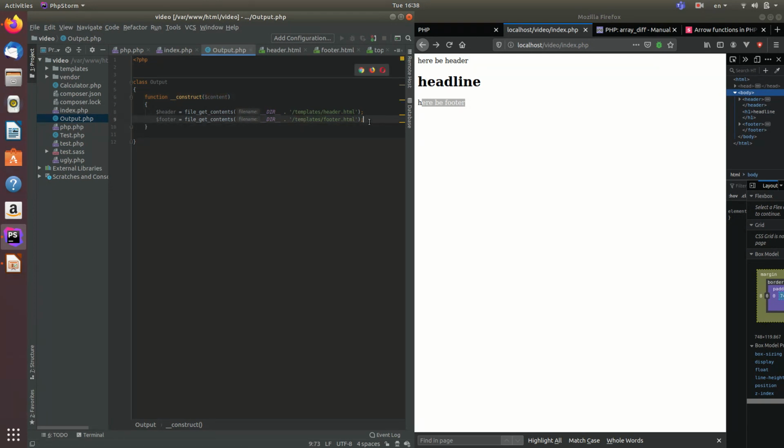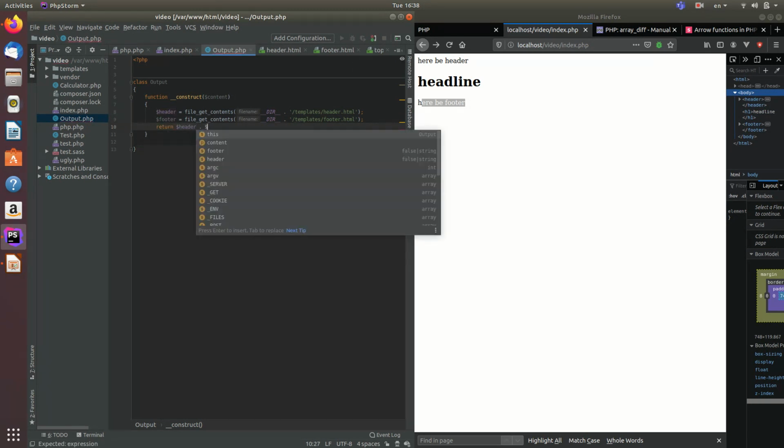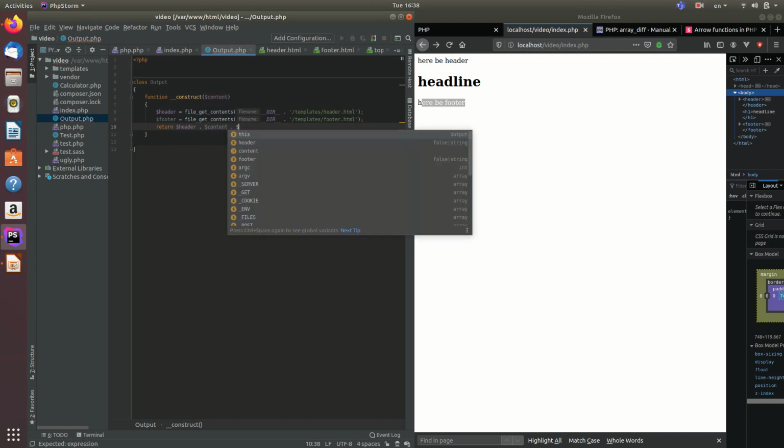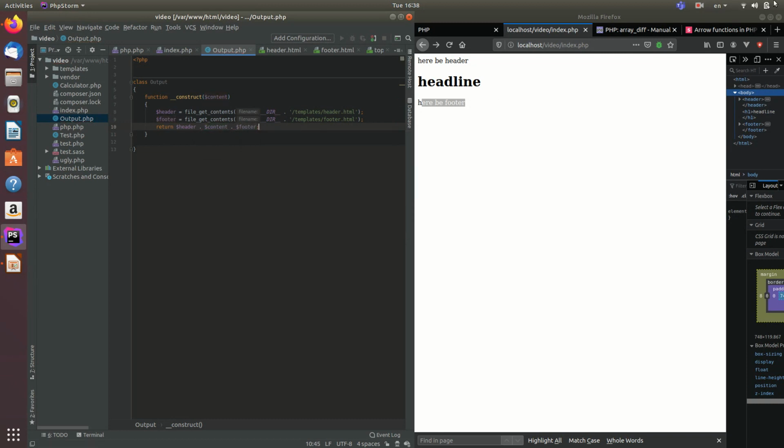And then we're going to return header, content, and footer. Okay, so in the scenario that we're using,